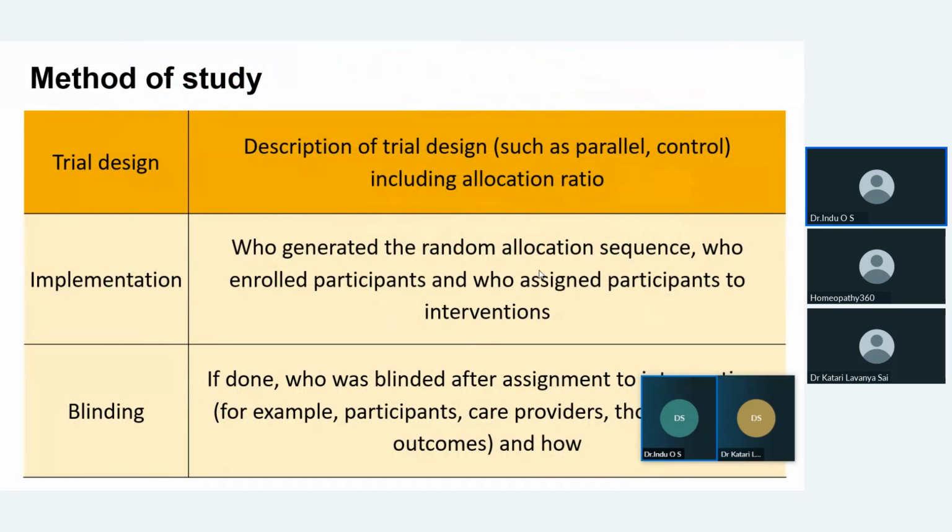Yeah. Trial design means we have to decide whether it's a comparative study or a controlled study, including the allocation ratio. Maybe we'll do a randomized control trial, or a simple comparative study. If you mention that design in your title, it will be easier for readers to find out the method of your study. Then they know: this research is about an RCT, or this research is about a comparison.